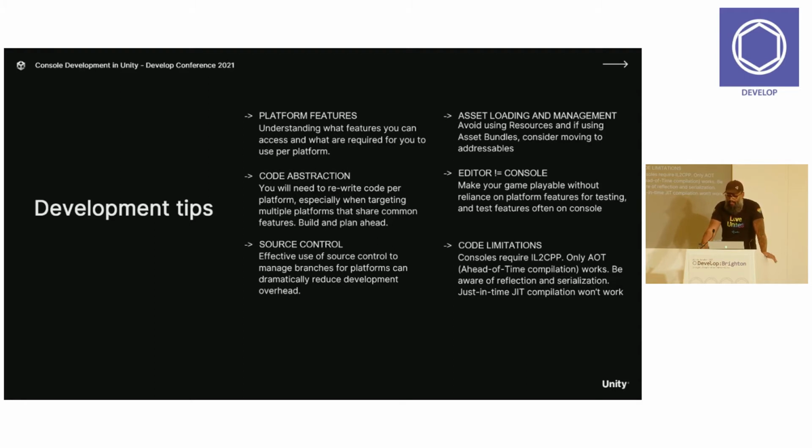With IL2CPP, your C# code is compiled into intermediate language using the .NET compiler, which is the Roslyn compiler. And then Unity's IL2CPP converter translates that IL output into native C++, which is in turn compiled using each platform's own C++ compiler into a native library that executes on the hardware. Which is great because it means that we turn your code into something that is nice and zippy and fast and runs natively on the CPU.